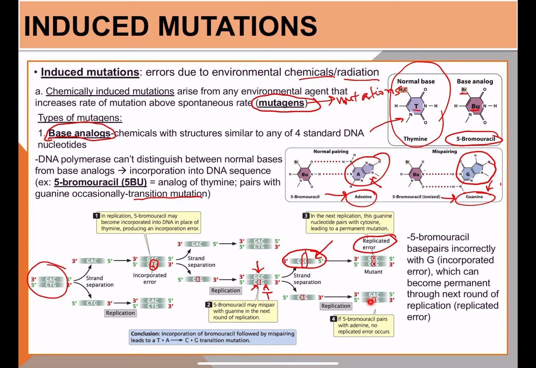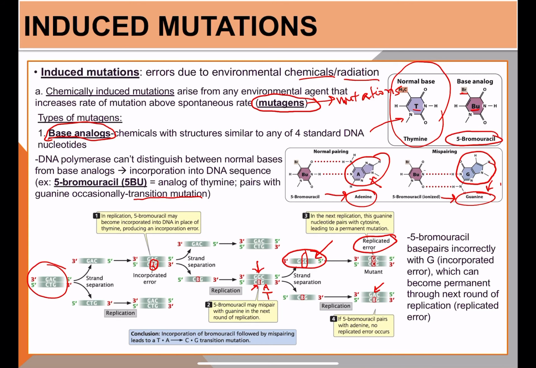If it, of course, it still binds to adenine. So if it binds and pairs with an adenine, you're safe. But the only problem is when you start incorporating the wrong nucleotide due to the existence of this base analog, and you're going to end up with more and more replicated error if this 5-bromouracil isn't gotten rid of, okay? So that's how a base analog can go from incorporated error and keep introducing incorporated error and then turn those into